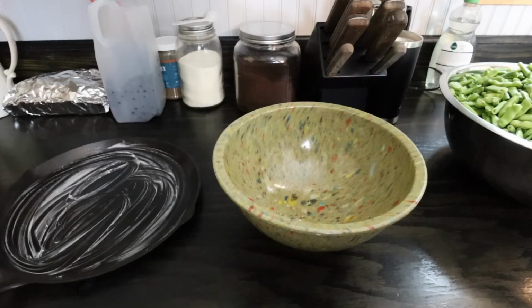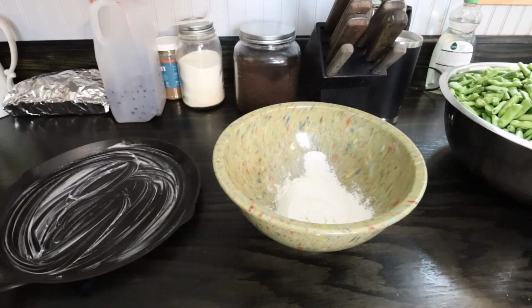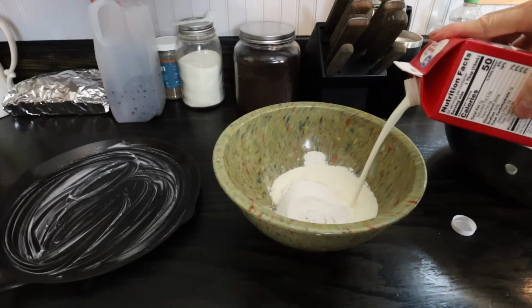Some people just leave it and don't turn it over, and I've done that, but sometimes I try to hurry mine up, so I get it out and turn it over to the other side and then put it back in. So I'm going to put the bacon in, and then I'm going to whip up the biscuits. Since there's only Matt and me today, I'm just going to do a cup of self-rising flour. And I have a recipe for biscuits that I will link to, a video about it, and then I'm just going to pour in some